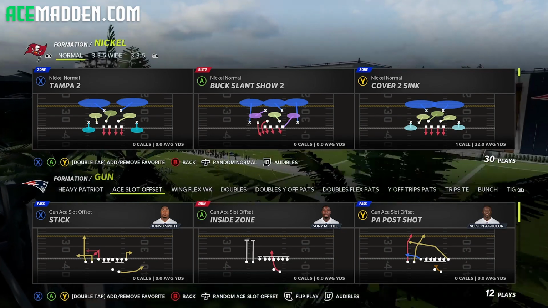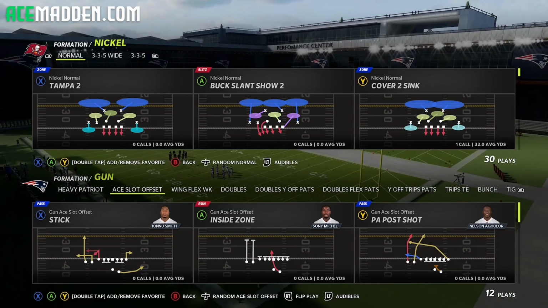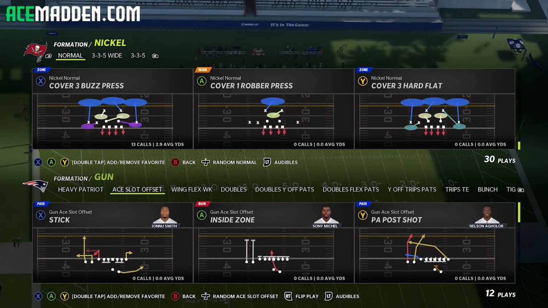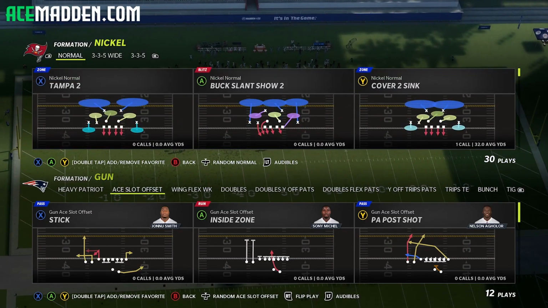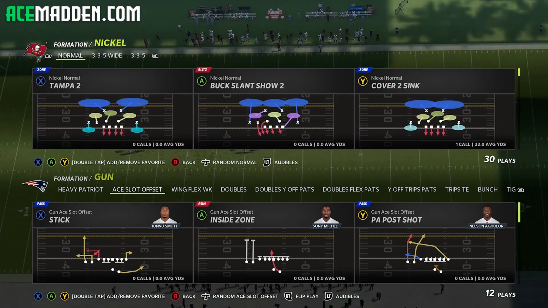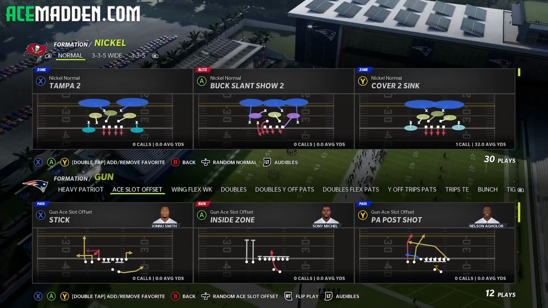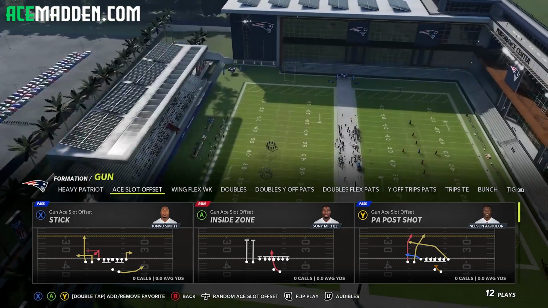Okay, for number 2, we're going to be talking about knowing the weaknesses of the zone that you pick. So Tampa 2 is kind of a hot topic right now because Tampa 2 is in really bad shape because of deep halves. But what I'm going to show you is what's bad about Tampa 2 and how you can kind of fix it. So Tampa 2, very popular play call